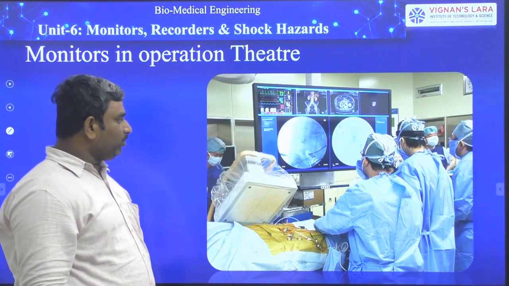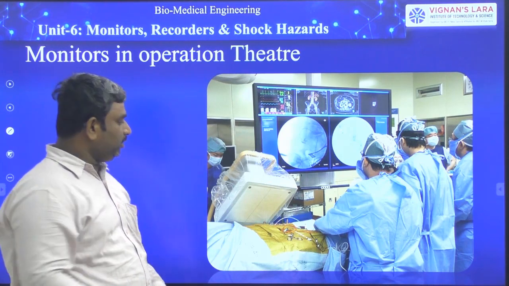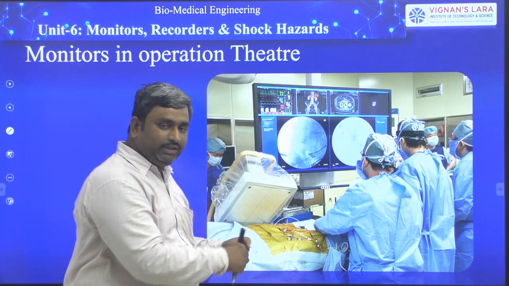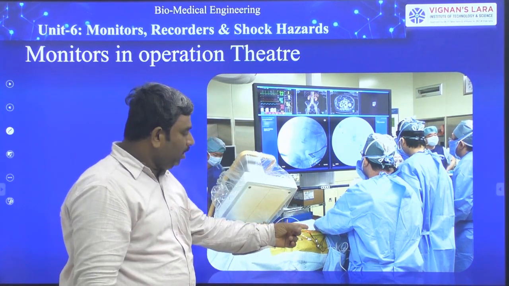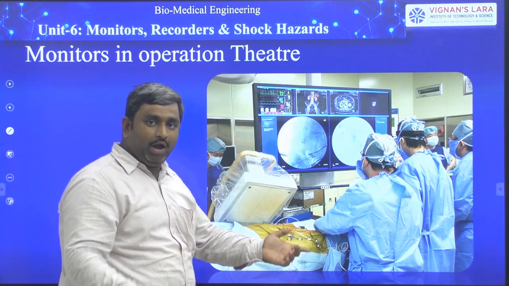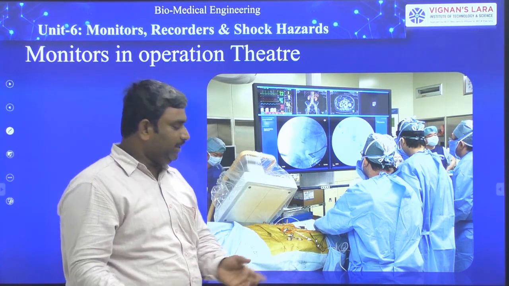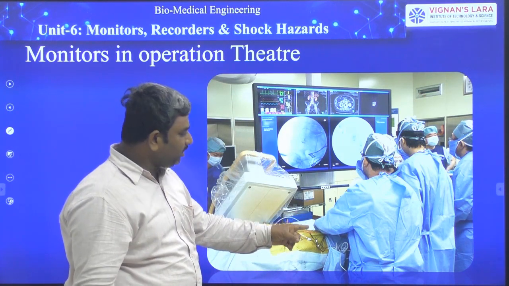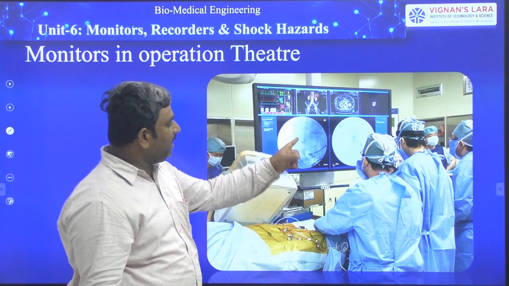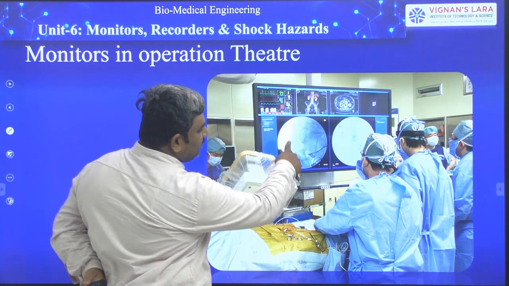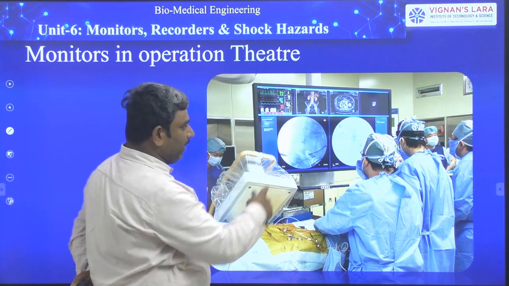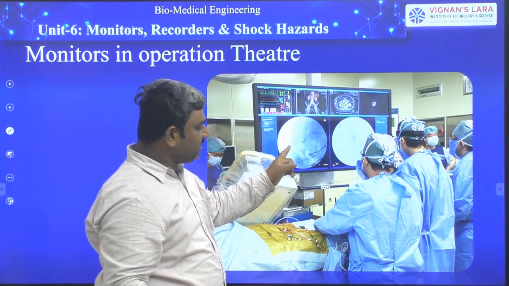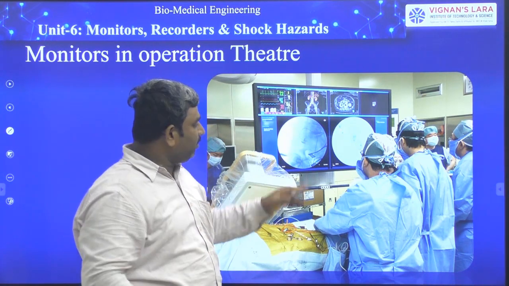See one more picture. In this picture, you can closely watch the information of the patient. The patient is on the bed and the doctors are doing the operation. In this operation, the areas are inside the body. We cannot monitor them perfectly. Some cameras are arranged towards the patient, and these cameras will display the internal organs' behavior on this monitor. So see here, this is the stomach view of the patient. This is the biggest monitor. In this big monitor, you can see the internal stomach behavior of the patient.